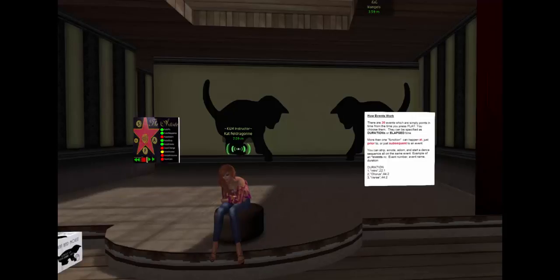In the class supplies with your notes, you should have gotten a particle effect, a full perm particle effect. If you add it and then edit it, there's a script in there, the particle script, and there's a place where you can change the channel that it listens on. I want everybody to open it, edit the script, and try to pick a channel that nobody else will pick. It doesn't matter what it is, just try to pick a channel that you think other people wouldn't pick. Once you change the channel,